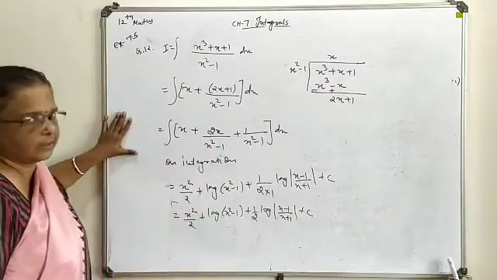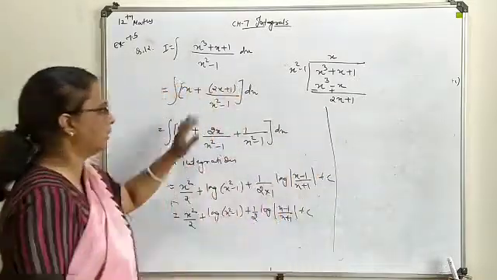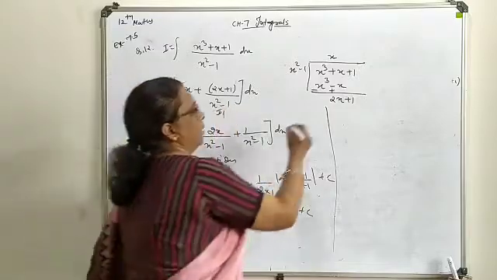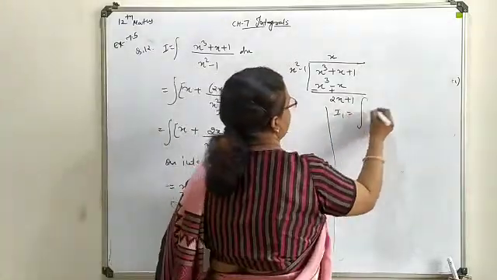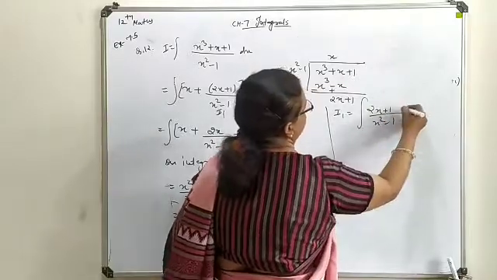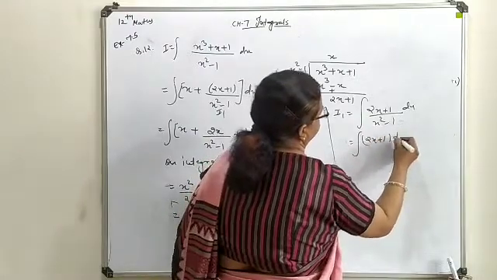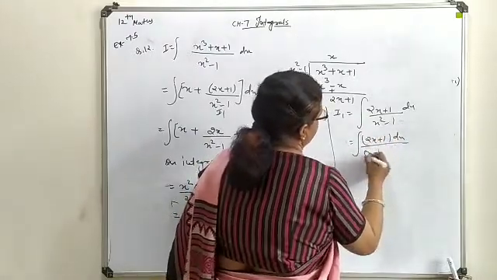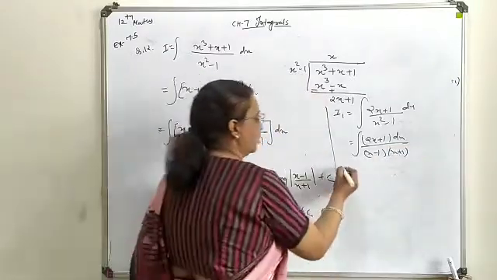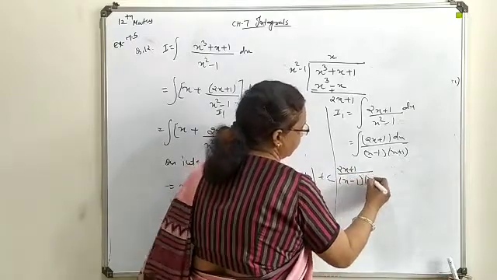Another way of writing such type of question, I told you, this is the one method you can implement. Another one: the second part you make separate as I1. Now this I1 you will write as the integration of 2x plus 1 upon x square minus 1 dx. Make it factorize as x minus 1, x plus 1. Now it can proceed for partial fraction on making introduction of your constants.